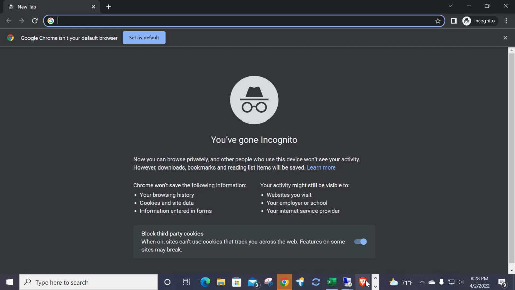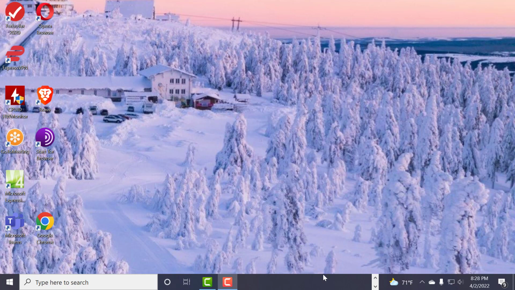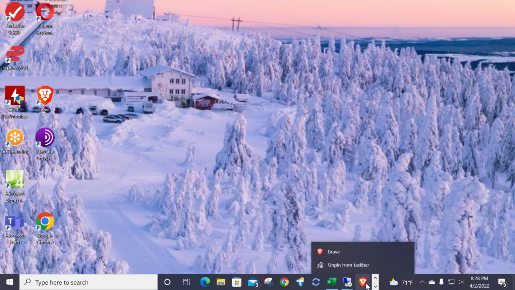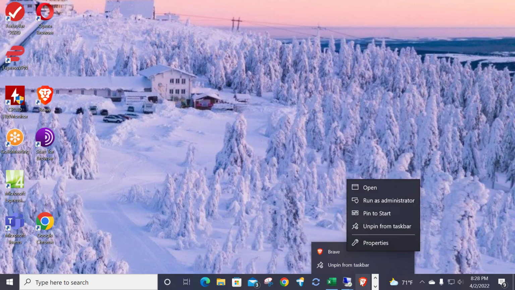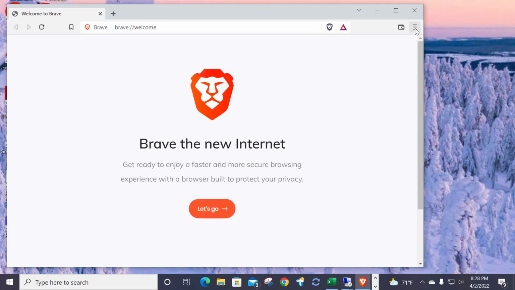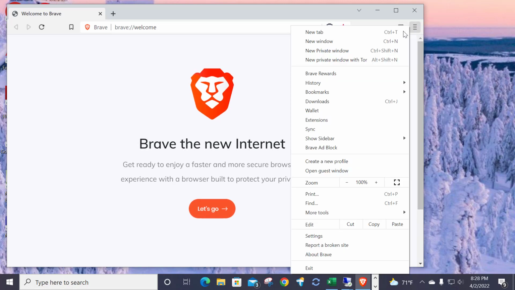You can also do it in Brave, but you can get there a little bit differently in Brave. In Brave, when you come down here, you notice it doesn't have the right mouse click. So what you do on Brave is you launch the browser, look on the dot dot dot on that side, and you see where it says New Private Window? And Brave has two modes, New Private Window and New Private Window with Tor. And what Tor is,